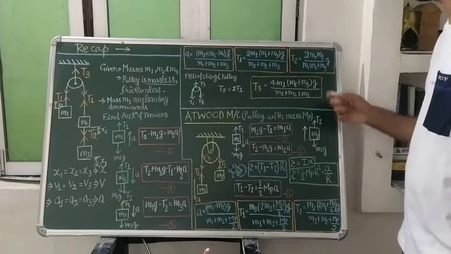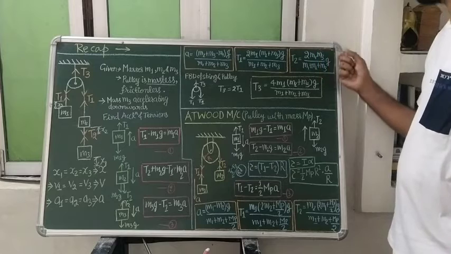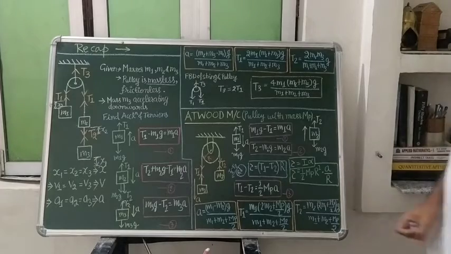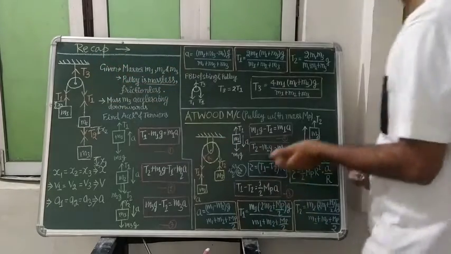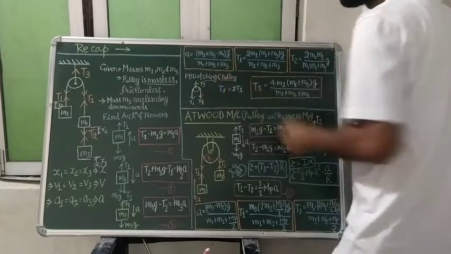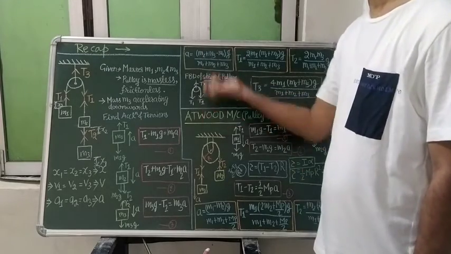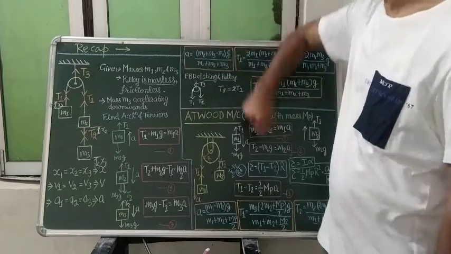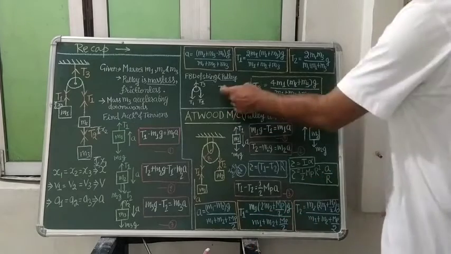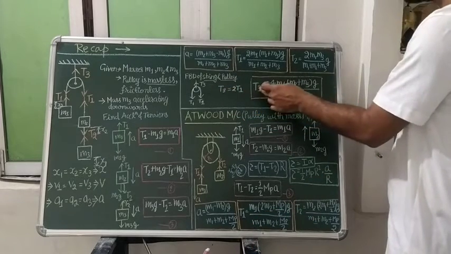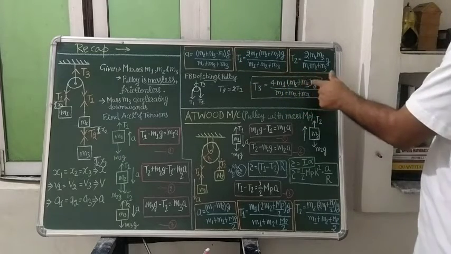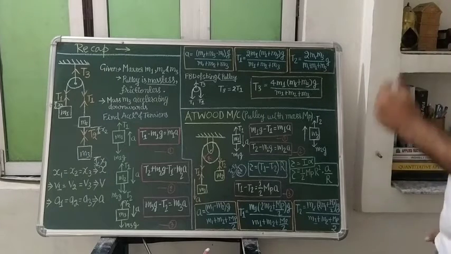And T2 was coming equal to what, student? Twice of m1 plus m3 times g divided by m1 plus m2 plus m3. And look, student, what will be the tension in that string T3? For that we will draw the FBD of string and pulley. In the FBD of the pulley, T3 will act in the upward direction, and T1 will act in the downward direction since it will have the pulling effect. So T3 will be what? Twice of T1, and twice of T1 multiplied by 2, so it will become 4 times m1, m2 plus m3 times g divided by m1 plus m2 plus m3.